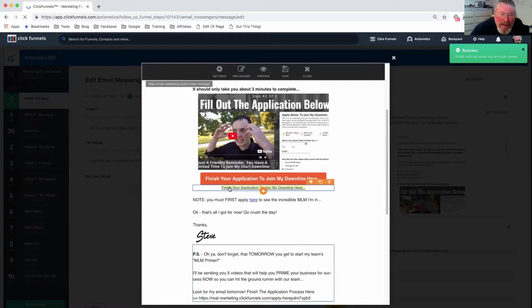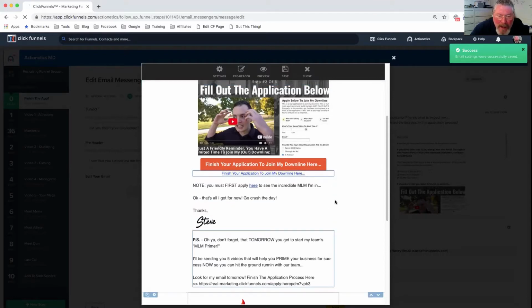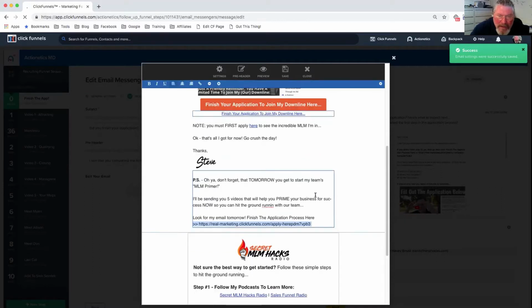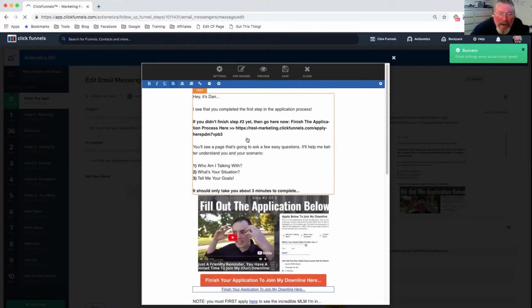And then here we have a text link. So if you click on it, come on, work. Well, trust me, it's a text link, and there should be a little pencil popping up at the top. And then, I didn't even notice this the other day. There's apply here. So here's a little pencil. So you should have that link on the apply here. And then, of course, you need to take out Steve's name. And then you have another link down here at the bottom where you just put in a text link. So there's 1, 2, 3, 4, 5, 6 different places on this page where you're supposed to put in that